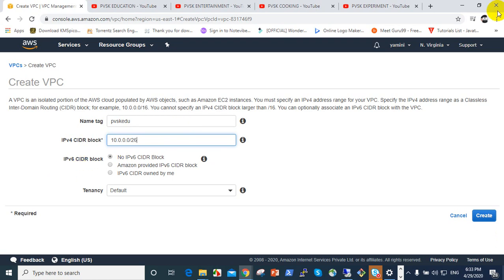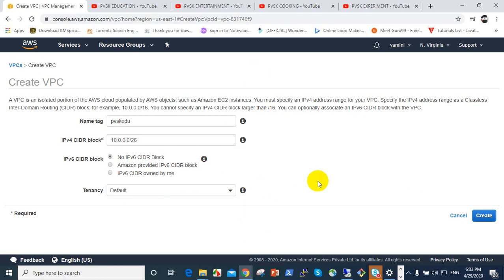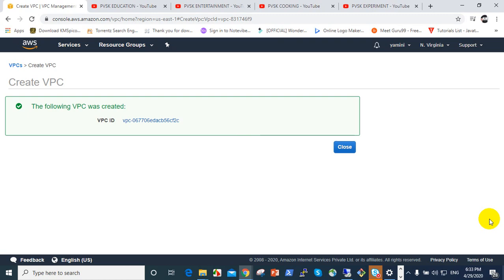Internet Protocol version 6 is not used up to now. Tenancy is default. Dedicated tenancy is only used for dedicated instances, while default is useful for shared, dedicated and dedicated host, for everything. Creating a VPC is very simple. We created a new VPC now.